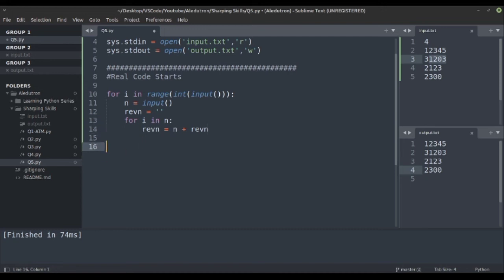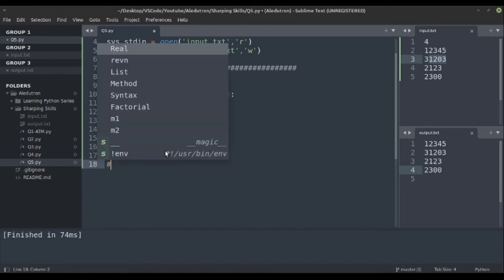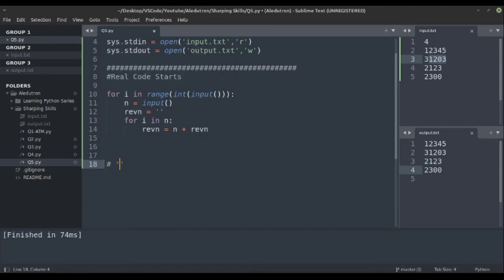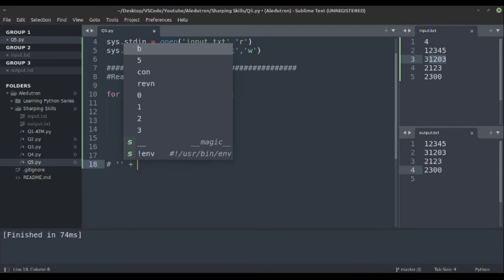Let's take an example. At first it would be an empty string, and then we add the first element, which is 1.